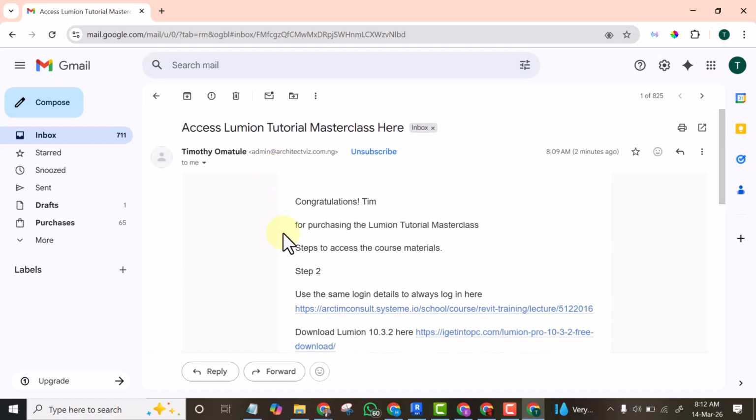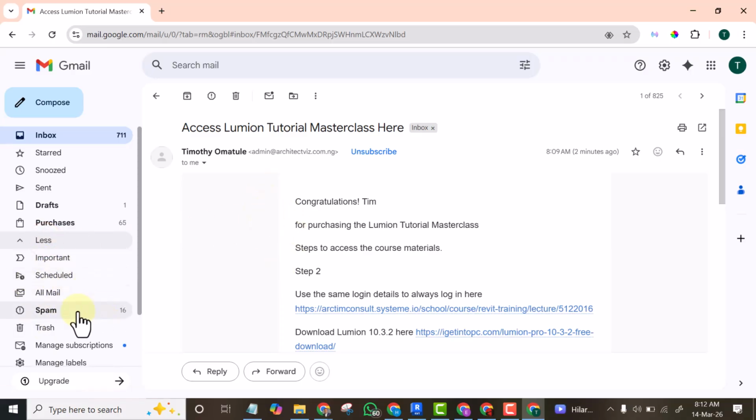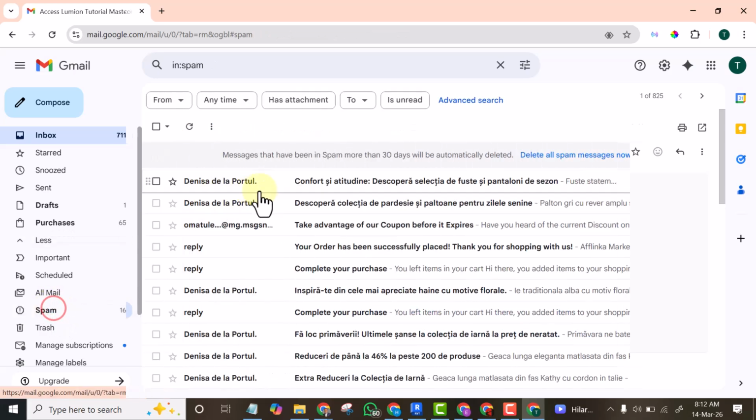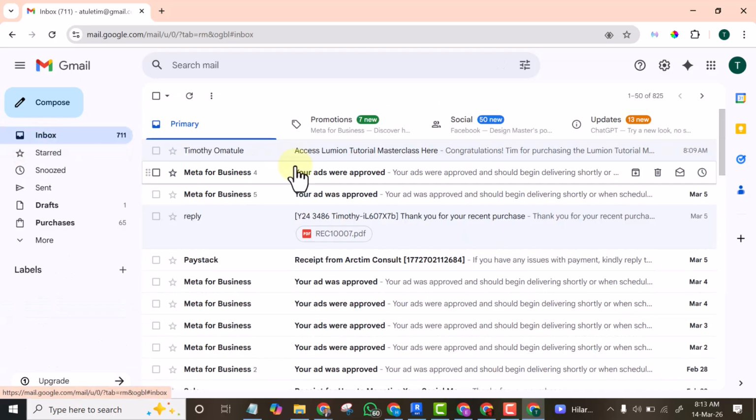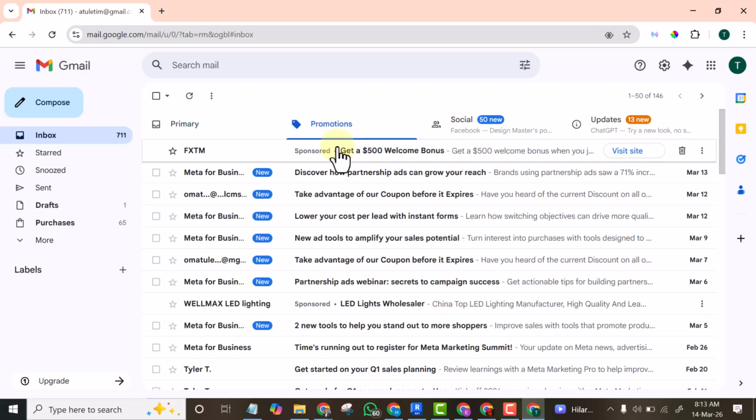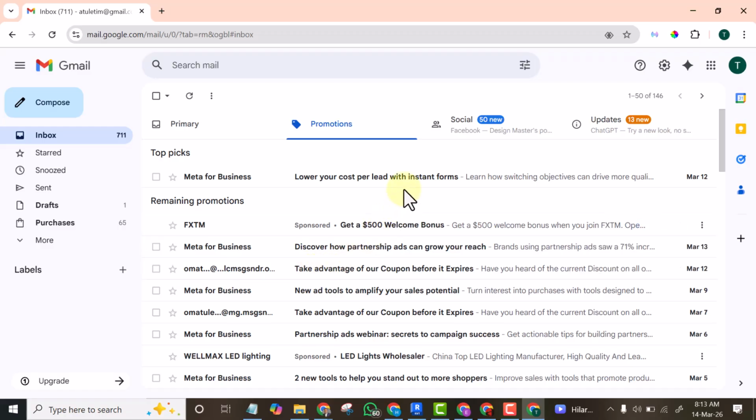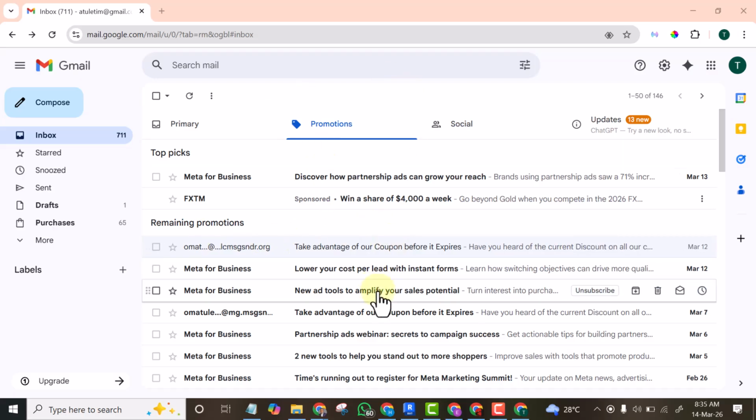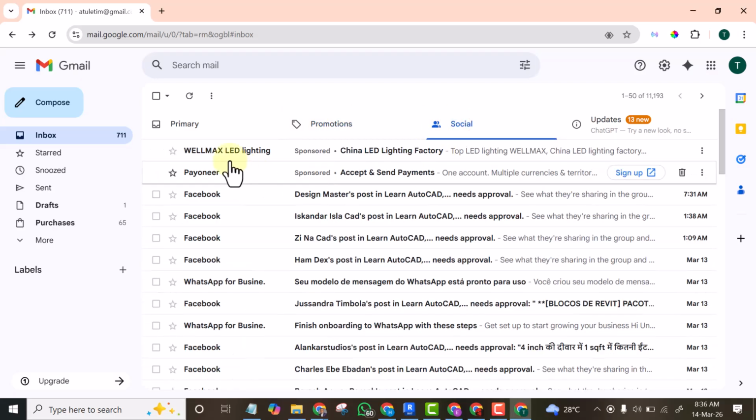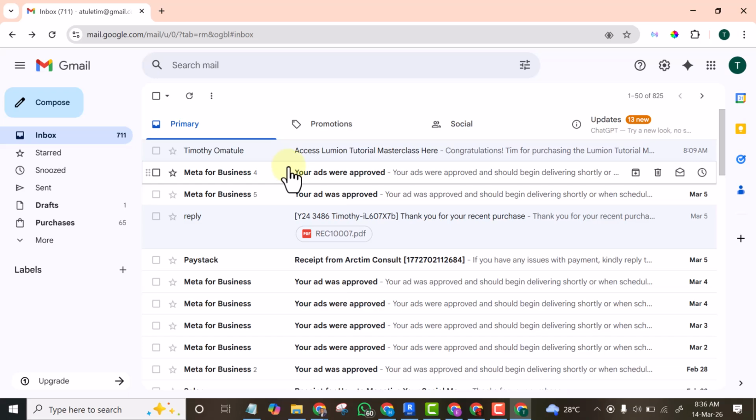So let's look for the one that we use to set our password. Let me click on the spam folder, to see whether it has been sent to spam. That one is not in the spam folder. Let's go to the promotion folder and see whether it is in the promotion folder. If you have checked the promotion folder and all the folders and didn't see any mail to use in resetting your password,